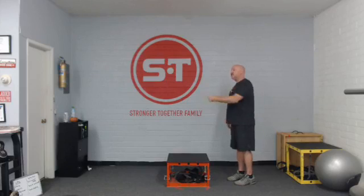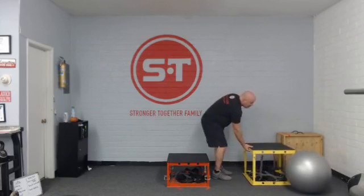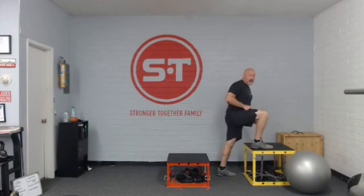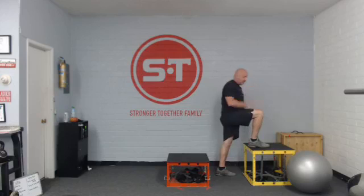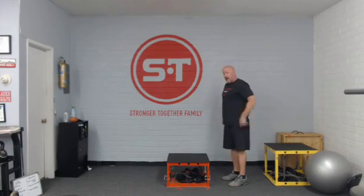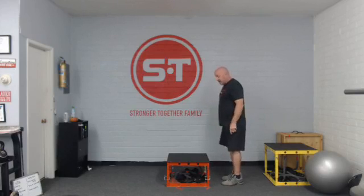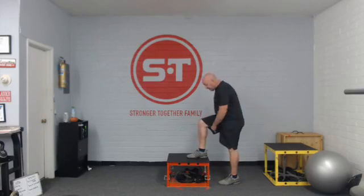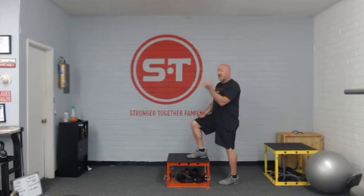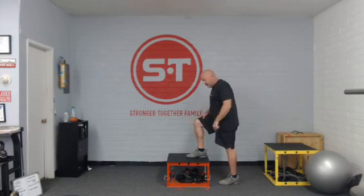However, whatever you're doing, if you're adding weight, what you shouldn't do is cheat your way by having the box too high. Like this box right here might be too high. See how my hip is flexed so high that I have to push off of my back leg to sort of initiate, and then I'm using my hand to kind of push up, and I'm helping myself. That's not what we want to do, okay? I have the lower box specifically for that reason. If I put my foot up, ideally, my knee is around 90 degrees. Sometimes the boxes don't necessarily allow that. But err on the side of a lower box versus too high of a box, because they allow you to